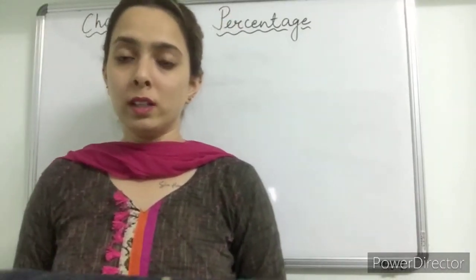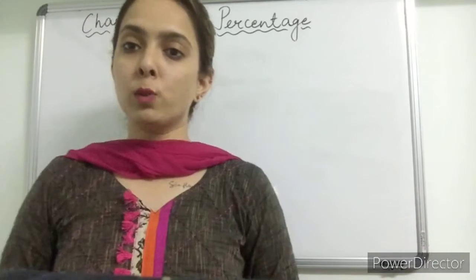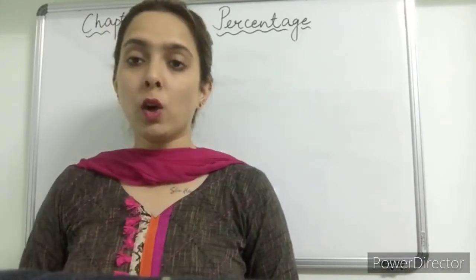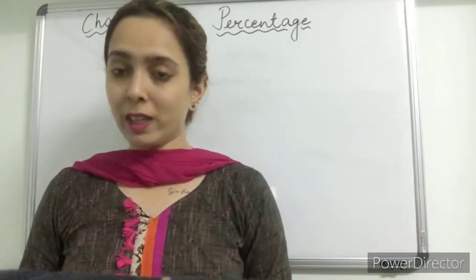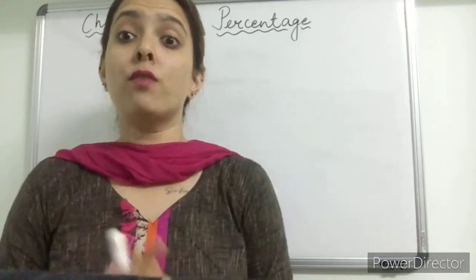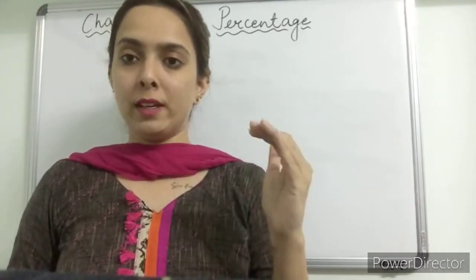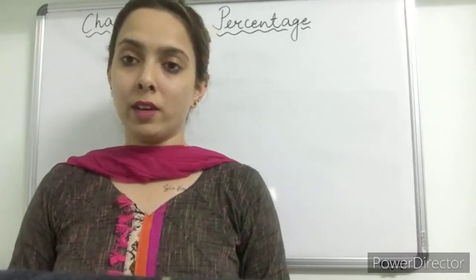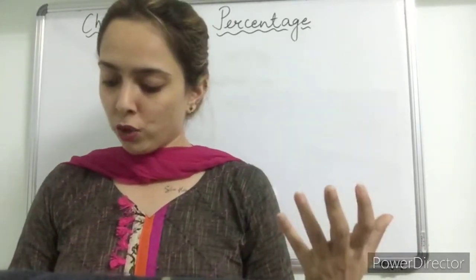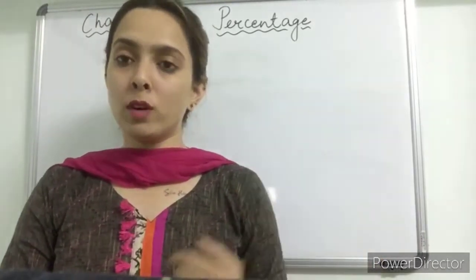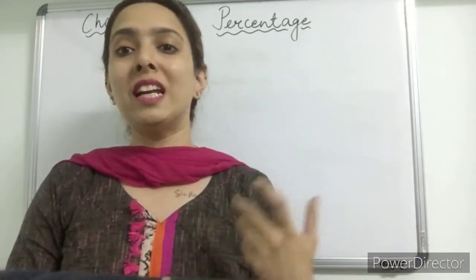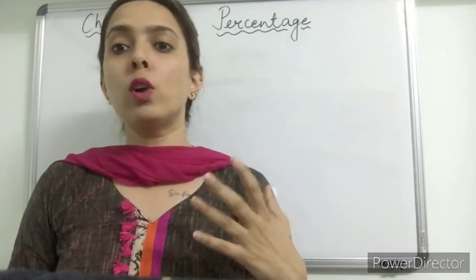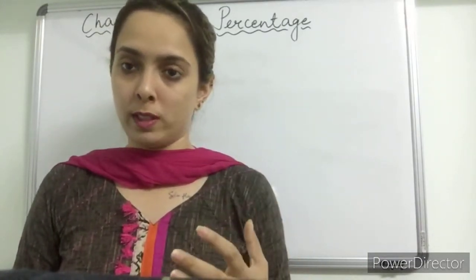Exercise 6.1 is very simple. This exercise you can do in the book only. The question is, color the following figures according to the given fraction. You all can see the grid is given to us, and the grid is of 100, means 10 rows and 10 columns, and all these are given in fraction, so you have to color them. In the first question we have 11 upon 100, so it means you have to color 11 boxes. Second question, 42 upon 100, it means you have to color 42 boxes.